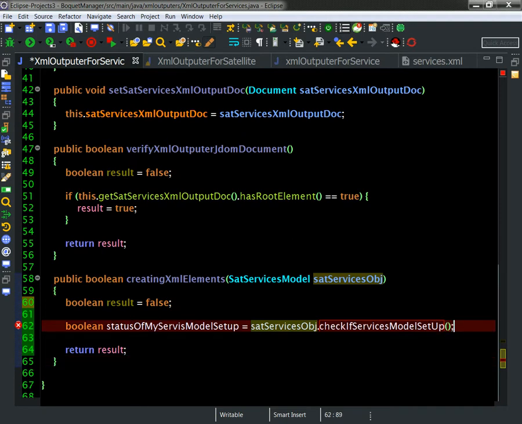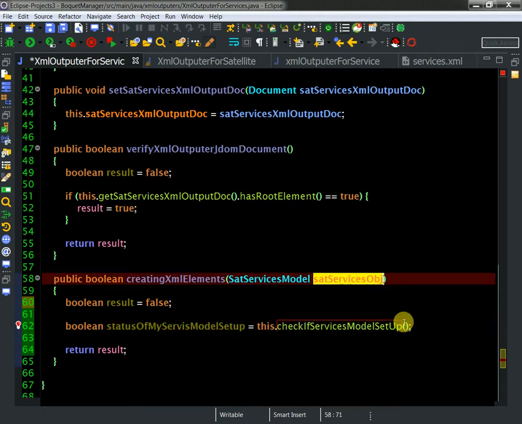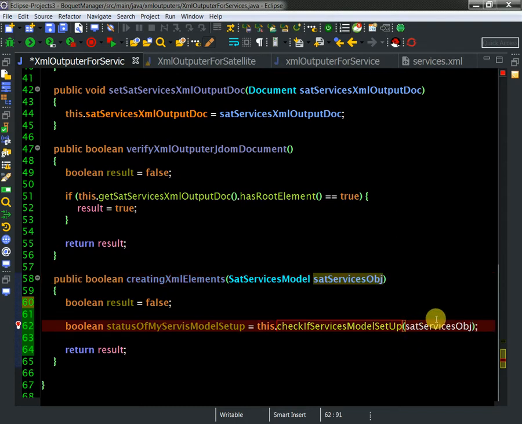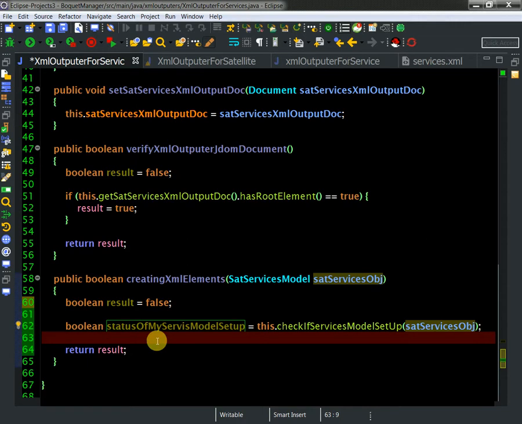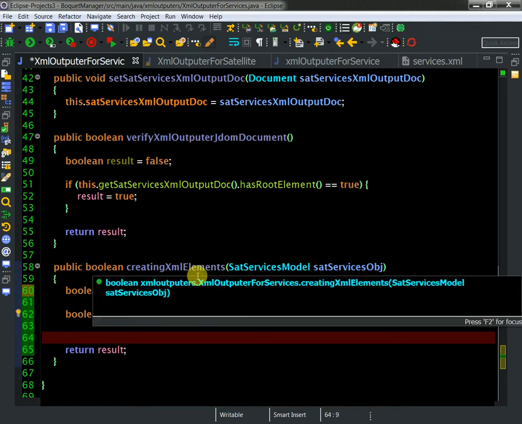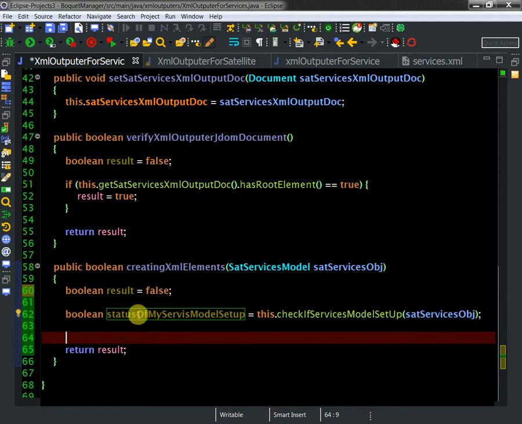Now I think that yep, I need to write here this, and I need to pass this object here. This is proper. So I'm getting the status of my service model setup. Check if service model set up. Pretty obvious what I'm actually trying to do here. And the next move will be, I know that my service model is set up,